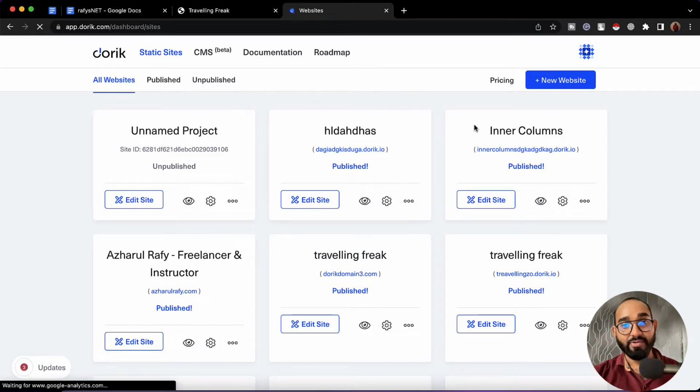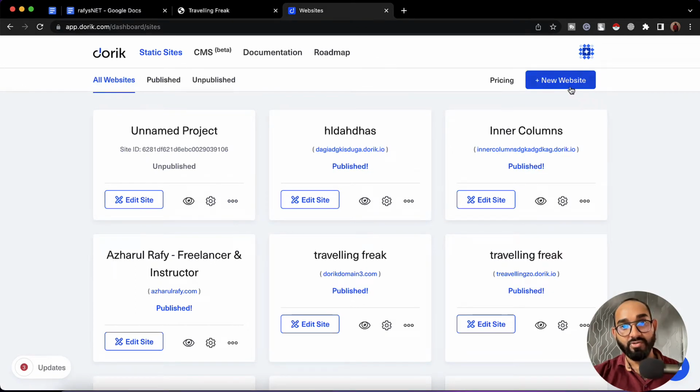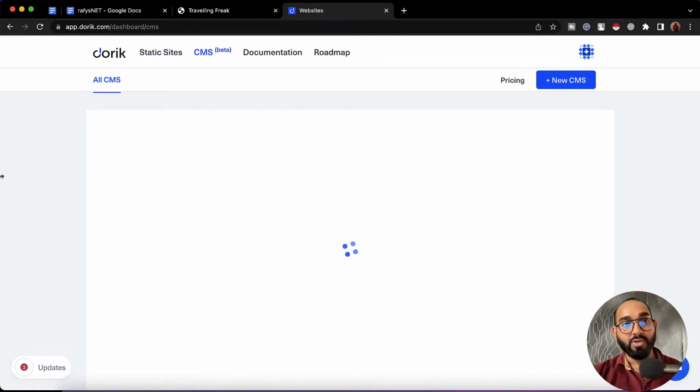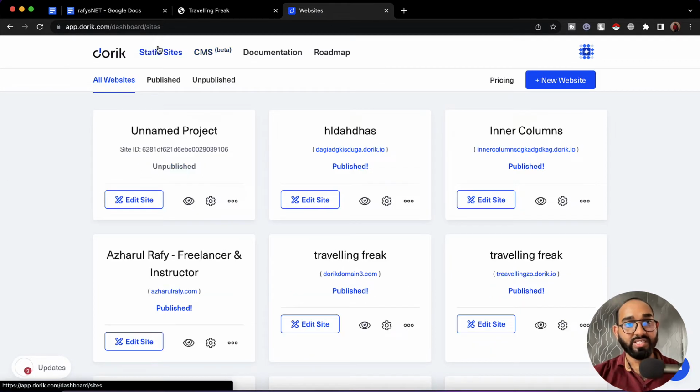And as I have created many websites using this tool already, I'm seeing a list here. You might see it blank. So after coming here on your account dashboard, if you want to create a static website just like this one, the process is pretty simple. Simply you have to click on this new website button right here. But if you want to create a CMS website where you want to make blog posts along with static contents, then you have to go here on CMS. So now as my goal is to create a static website, I'm going to take you here on static sites